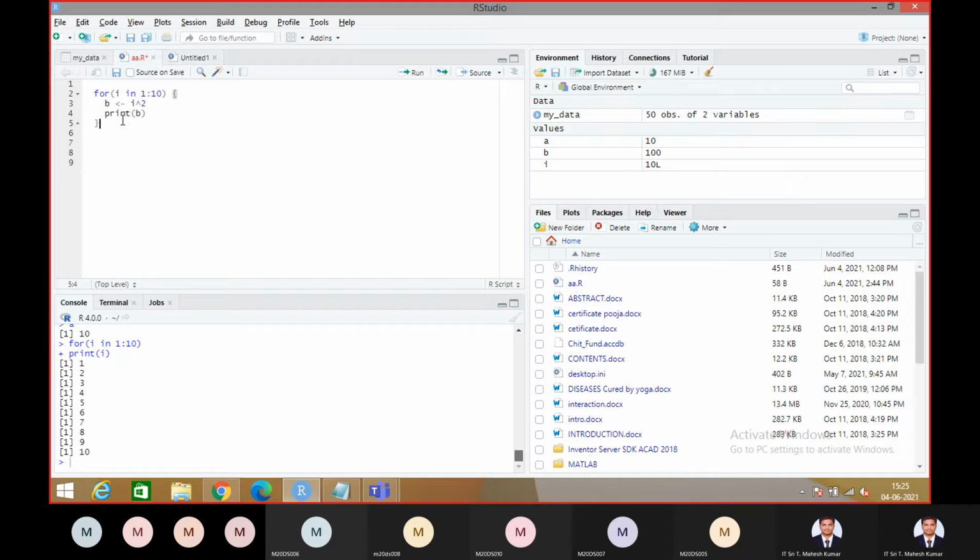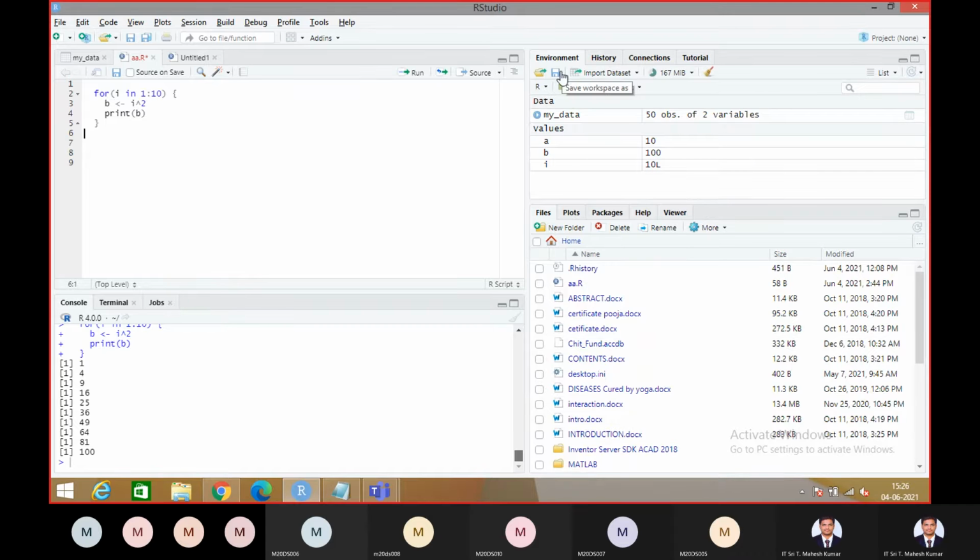Here I wrote a small program. The same for loop I used, and what I'm doing here is, whatever the value of i is, I'm printing the squares of those values. After writing this, you'll have a Run button here. You can click on this, or the short form is Ctrl+Enter. When you press Ctrl+Enter also, it is going to execute. When you run this program, your output will be displayed in the console only. So these are the two parts.